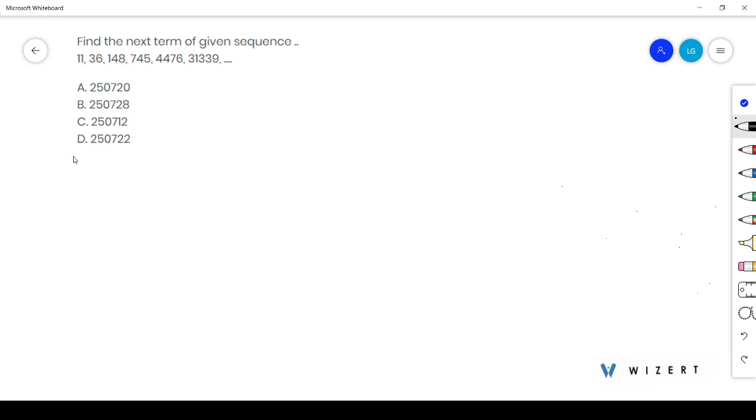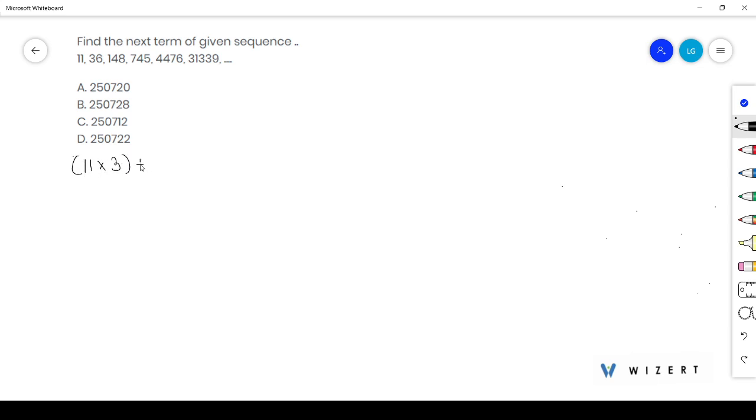Our question is, find the next term of the given sequence. And we have given the sequence here: 11, 36, 148, 745, 4476, 31,339. Okay. Now,